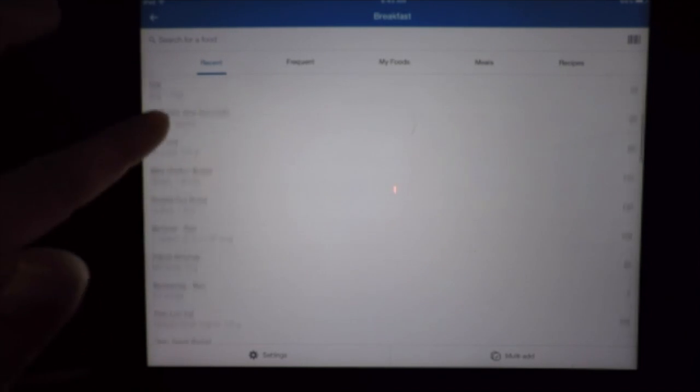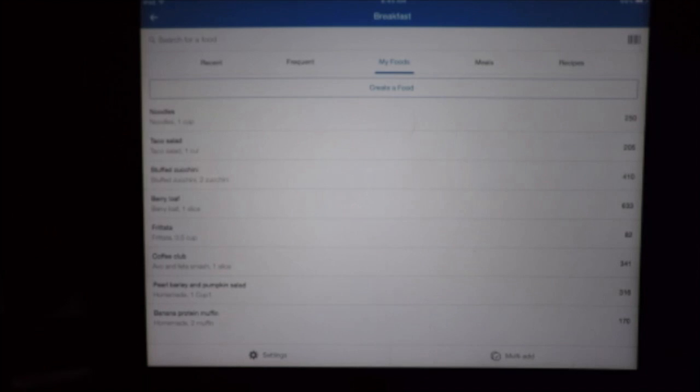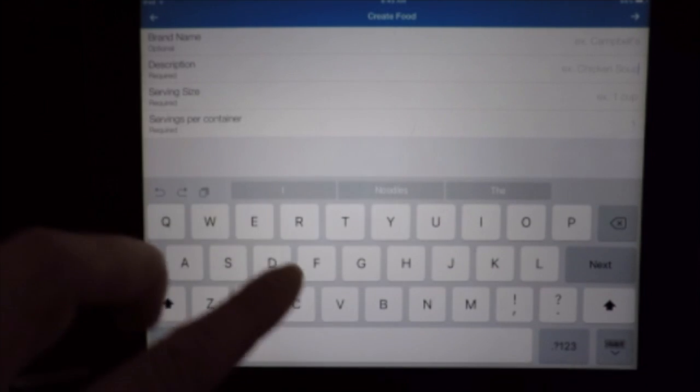Now some other good options in this screen. It will come up with your recent foods. So if you eat foods quite regularly, you can just find them from the recent food list, similarly to the frequent one. My Foods is great, so if you're trying to find a food in the search or you've scanned it and nothing's coming up, you can actually create it. So for example, if we just put noodles,